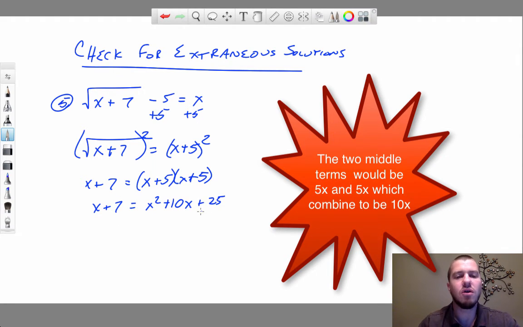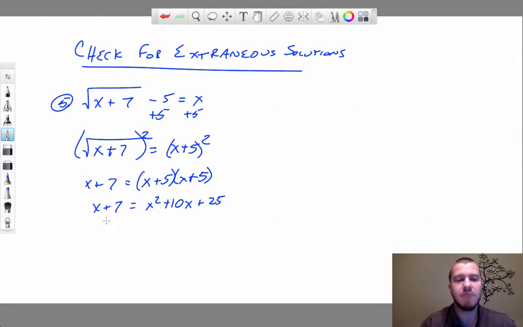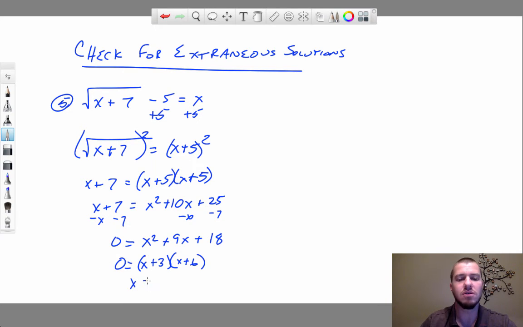And so now I'm just going ahead and solving this polynomial. And so I subtract x, I subtract 7, I get everything on one side and have it equal 0. And I'm left with x squared plus 9x plus 18. And now to solve it, I should be able to factor it. And I get x plus 3 times x plus 6. What multiplies to be 18, that adds to be 9. Because this is a 1, I can go straight to my parentheses, which means my solutions are x equals -3